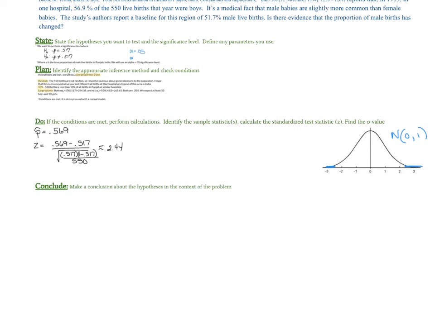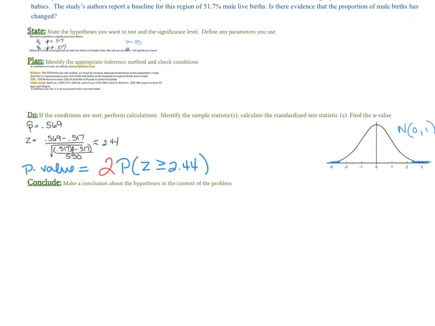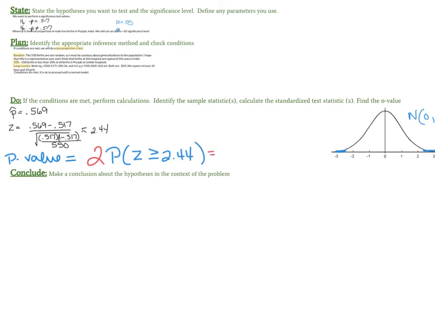So I'm going to say that my p-value, because I need to find that, would be equal to the probability that my z-score is greater than or equal to 2.44 or more, so 2.44 or more extreme. But that's really only addressing the right tail of my test, the region over here. So with a two-tailed test, I'm going to double this. And that means then that I can go to my calculator, which would be normal CDF. I'm going to end up doing 2 times normal CDF,